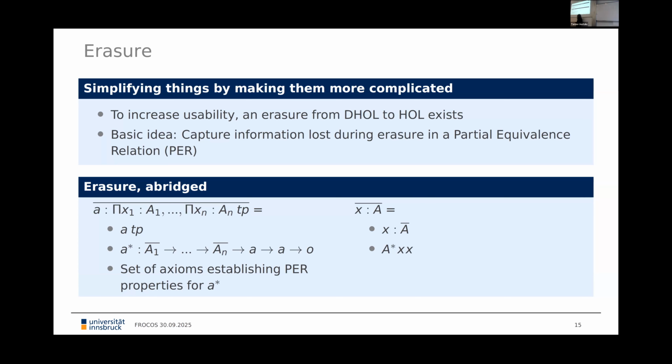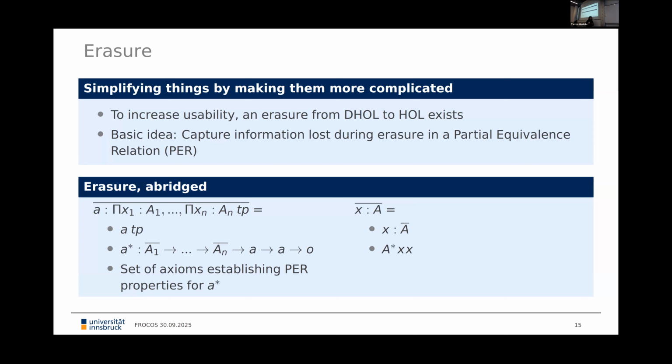I only give 2 cases to give you a feeling for it. On the one hand, we have this case where we have a type declaration of a theory, and if we erase that, we get 3 things. For one, we get just the erased type, so a simple type A without any arguments and any dependencies. Then we get this A star, where the star denotes the partial equivalence relation. So we now have this predicate A star, which depends on all the types of the arguments, and then it takes 2 instances of the term of this type.